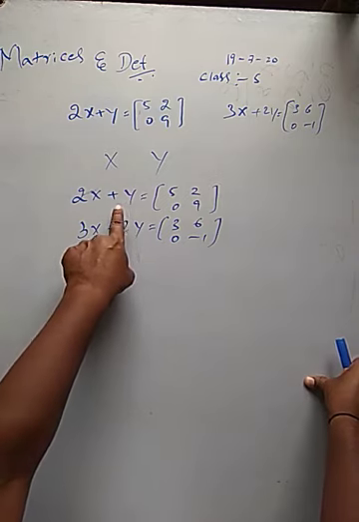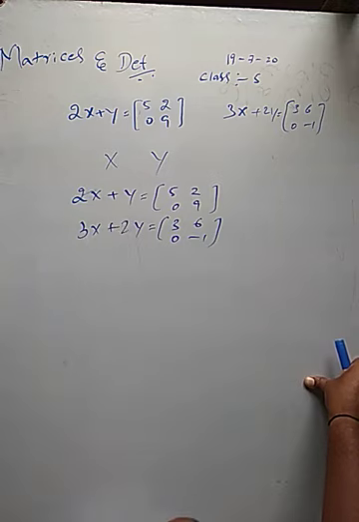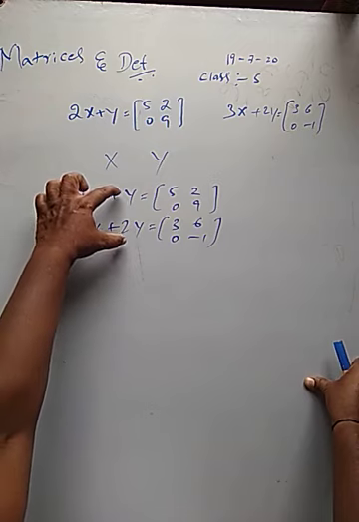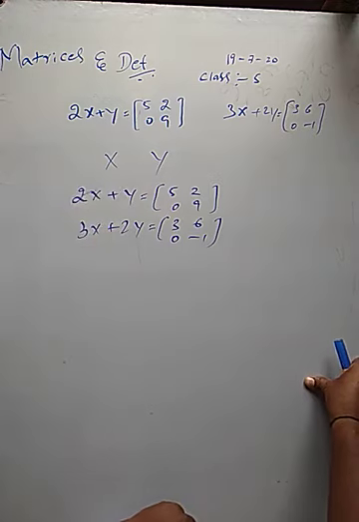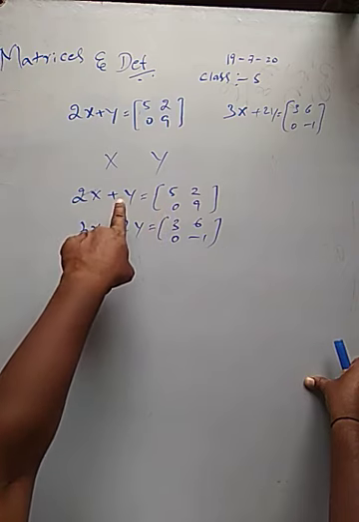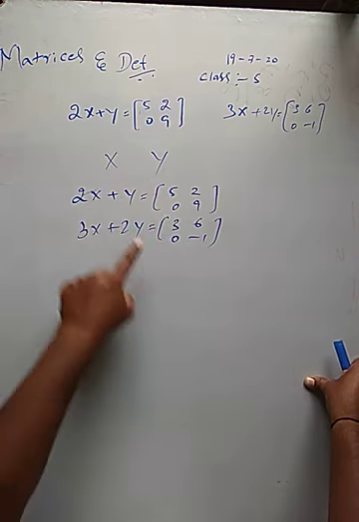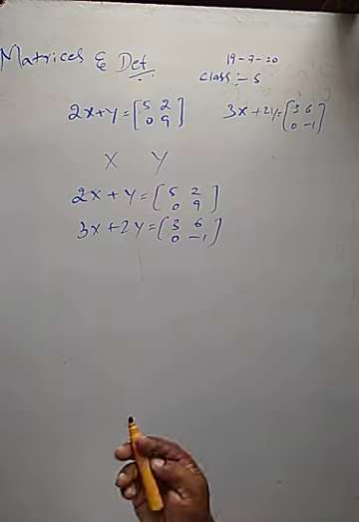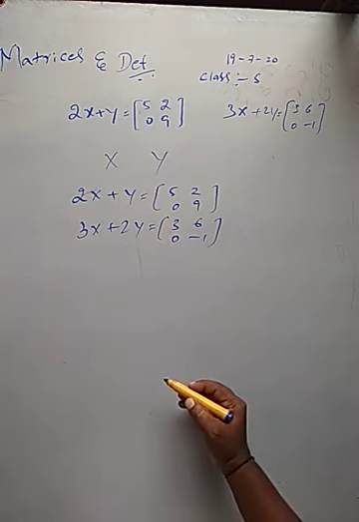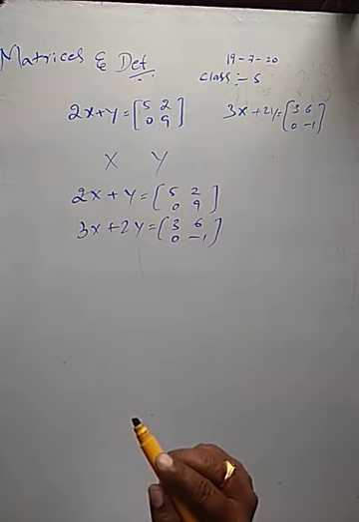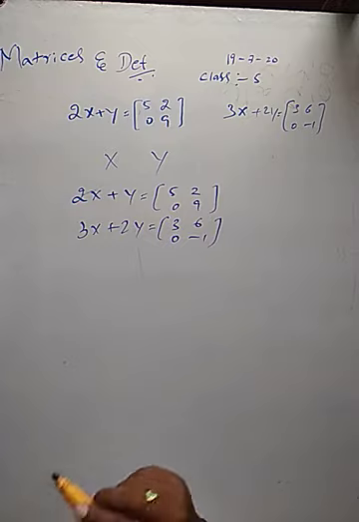If the first equation is multiplied by 2, then this term becomes 2Y. Then these two coefficients are equal. After multiplying the first equation by 2, the Y coefficients, including sign, are the same. Then after multiplying the first equation by 2, we have to subtract to get X. Y cancels, X remains.